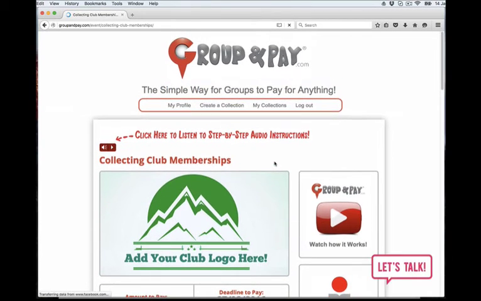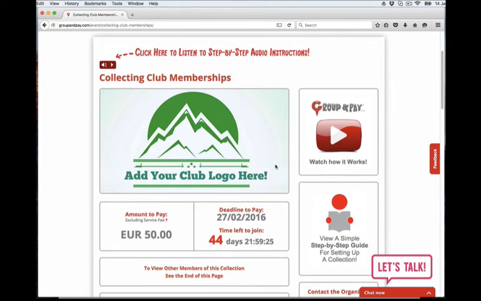This is the collection page the members can see. Like all the pages, they can listen to the step-by-step audio instructions that are located on each page. On this page, you can notify your friends of the collection, who will be known as members of the collection from here on. As you scroll down,